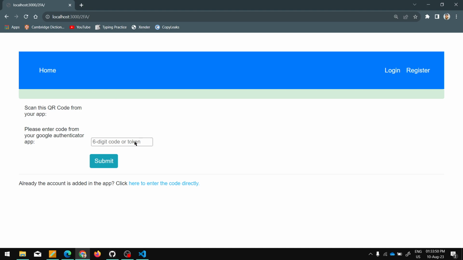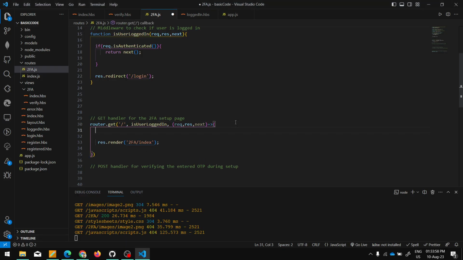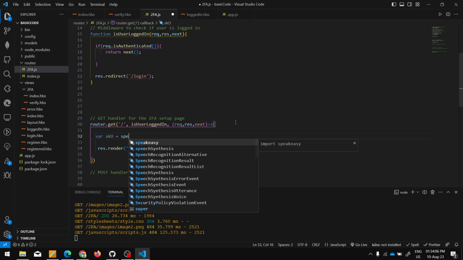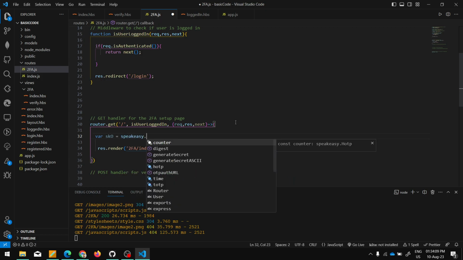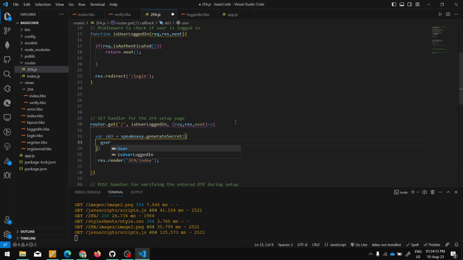Now adding the QR image, you can see the label and input type. So the QR image is still pending. Let's add the QR image. So variable secret key object, I'm taking as this way, equal to using the speakeasy module, generate secret, with the help of username, with the help of taking name as